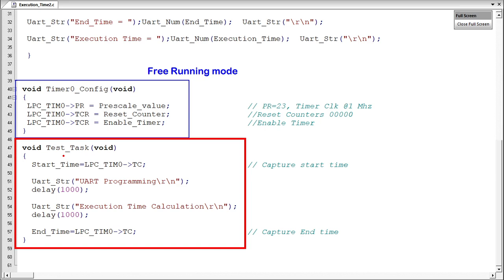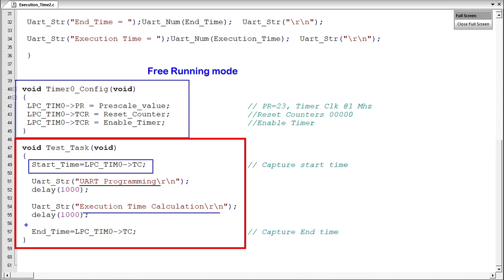So in this task, as I told you already, we have to capture the starting and ending time. Here you can see, start time is equal to, I am capturing from the timer counter. The timer counter will run and it is going to produce your ticks time count. So I'm going to capture start time from the timer counter and I will perform something here. I'm just printing some sample string on the EVA terminal, and then finally here you